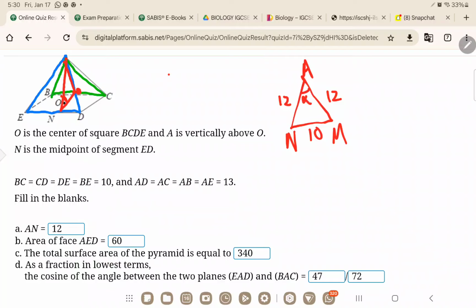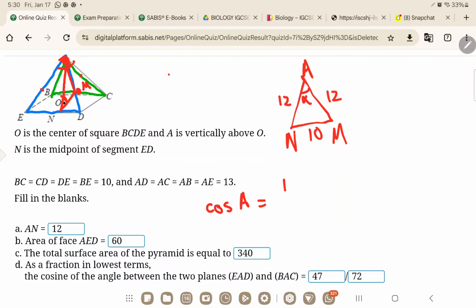So how do you find that angle? Because look, imagine it's a tent and you have two faces of the tent. You need to find this angle between them, and this angle you can only find by finding the triangle A and M. Here's M. Okay, so the cosine of angle alpha, we need to find it. So we're gonna use the cosine rule because we have three sides and no angles. So cosine of alpha, or A, equals